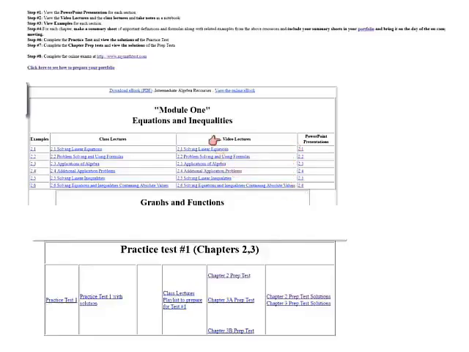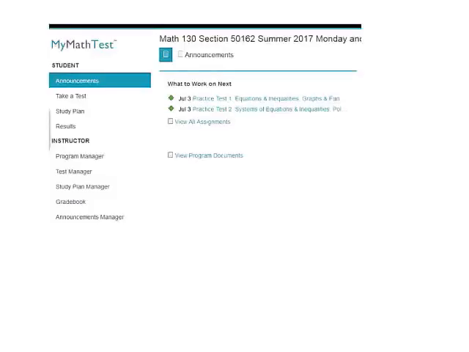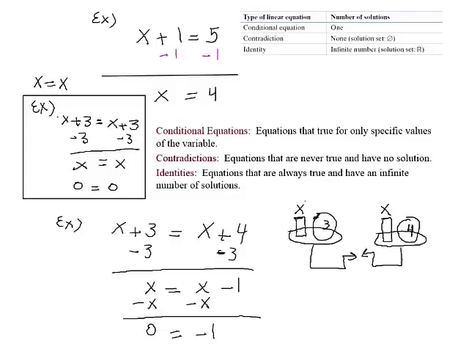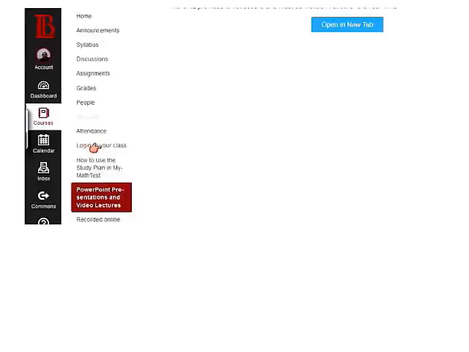And make sure you go over all this stuff under the PowerPoint presentation, video lectures, examples, complete the take-home test, and print the My Take-Home Test and publish your take-home test and include it in your portfolio, and then take the test in My Math Test. Once you take the test in My Math Test, you can take a look at the study plan and go over those problems. We talked about a few examples from the PowerPoint presentation today,